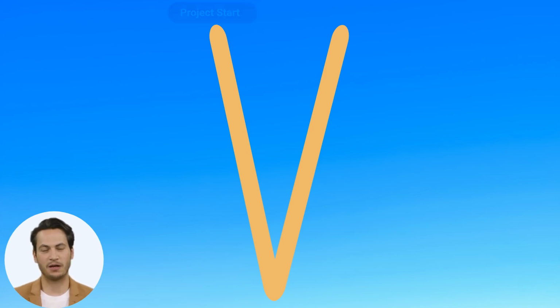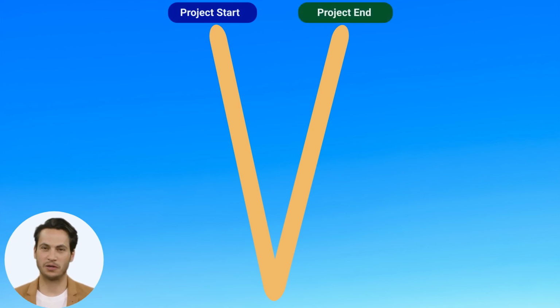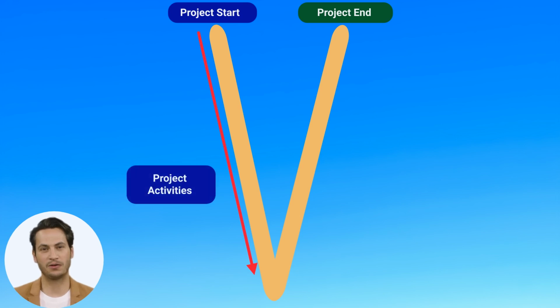There is a project start and end point. To get from start to finish, there will be several project activities that will need to be completed in this direction. First, we will add project activities to the left of the V model, then associated test phases on the